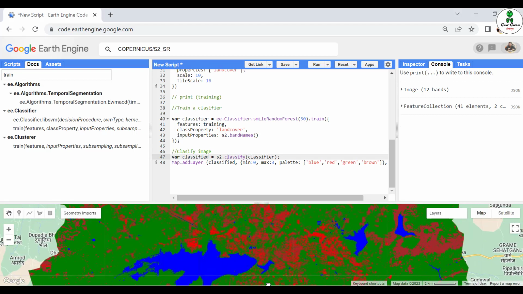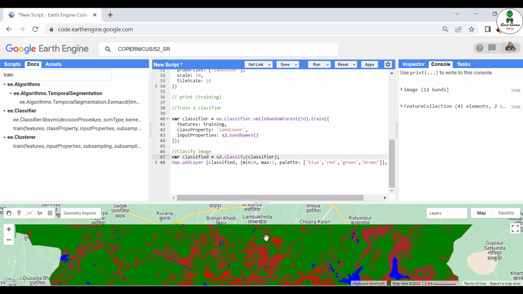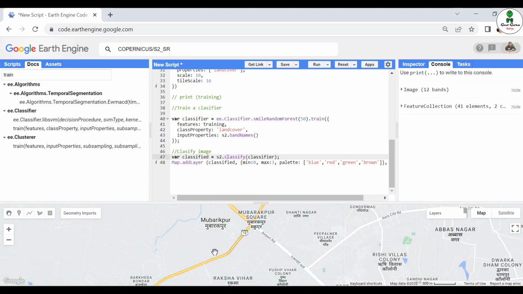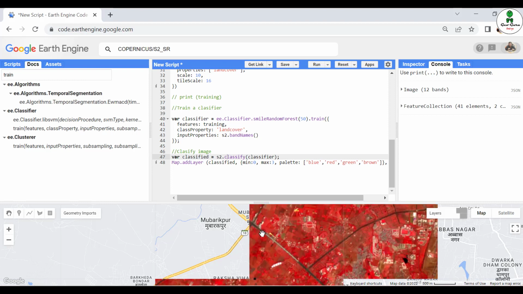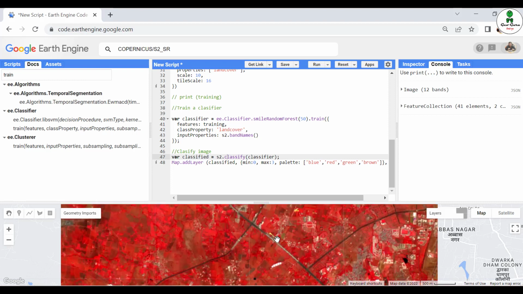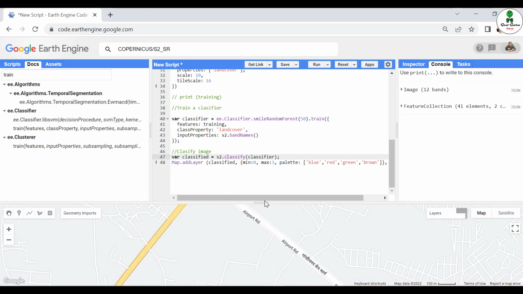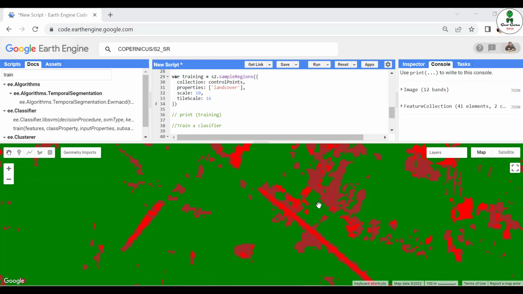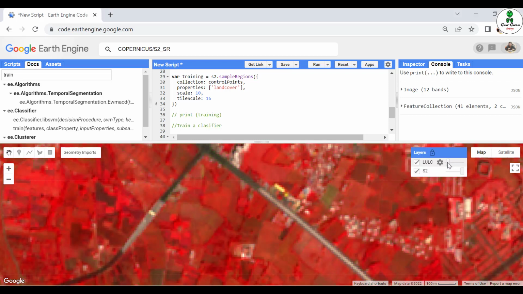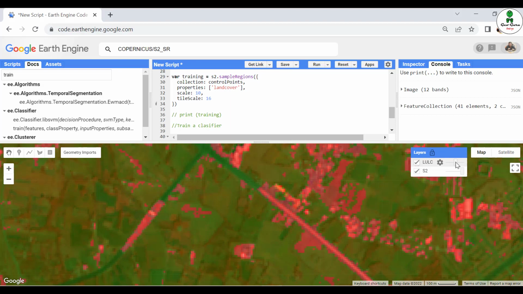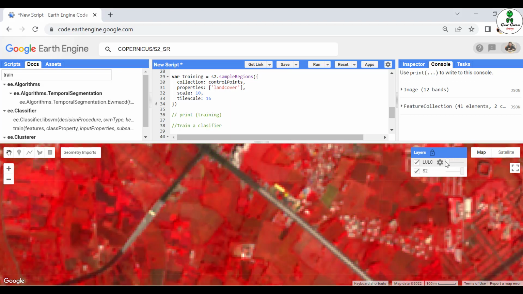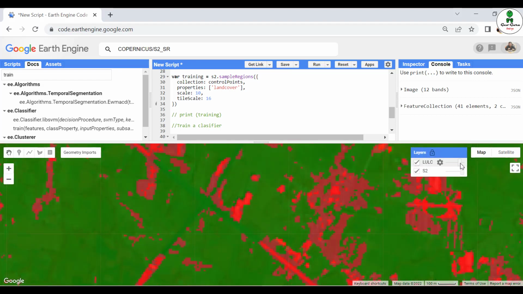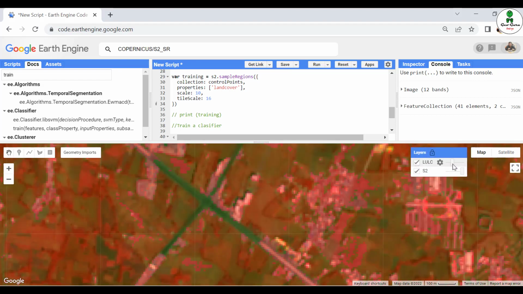So this is our final map. You can always increase or decrease the training data set. So suppose after the classification you encounter that yes, this class has been imported wrongly, that it should not be in, for example, if I just zoom to this particular area, so here we can see most of the portion is in the green color. And if I just recheck that, if you find that this particular area, I must say like this portion should not be in the green color, or maybe should be in the open area or some other area,